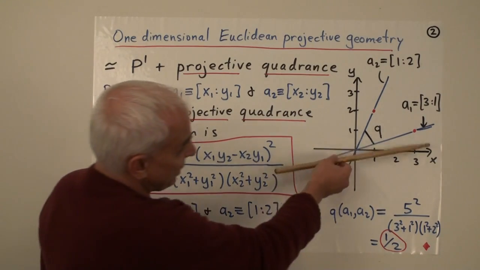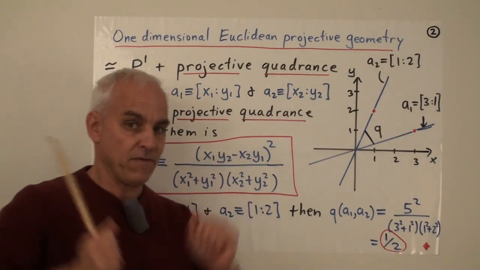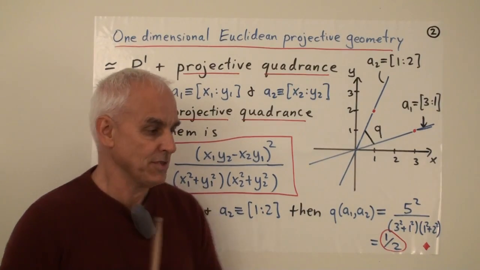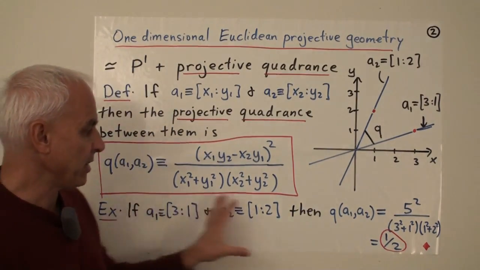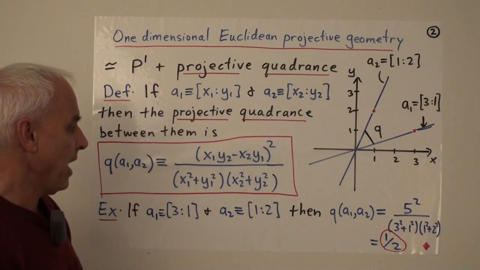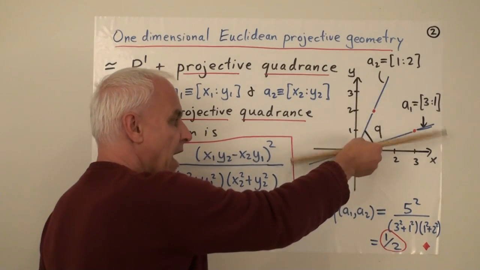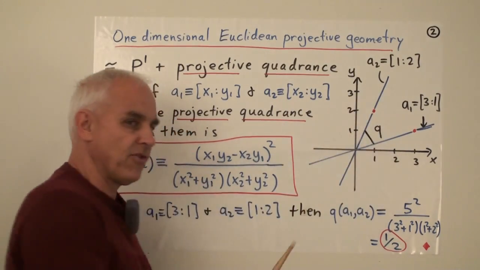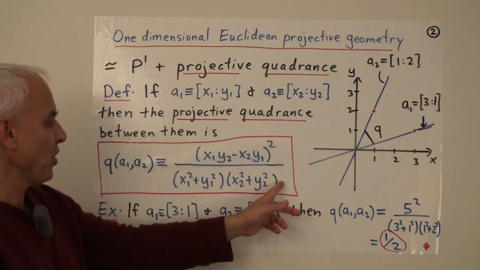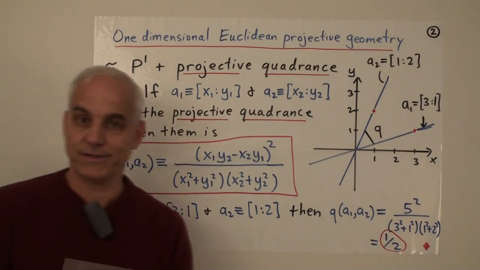In the plane here, that turns out to be essentially equivalent to having an angle of 45 degrees, or pi by 4 if you want to use that system. This is a completely rational kind of approach to the separation of lines. And we're just applying it now to this one-dimensional setting where we're only talking about lines through the origin in this one-dimensional projective setting. So here's a fundamental definition of the projective quadrance between 2 projective one-points.